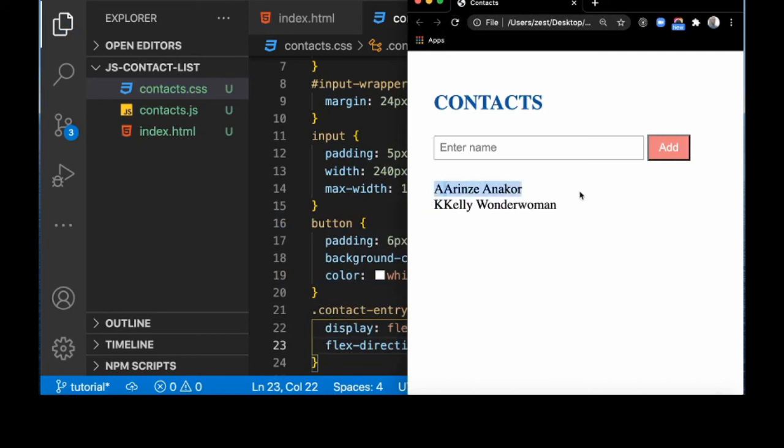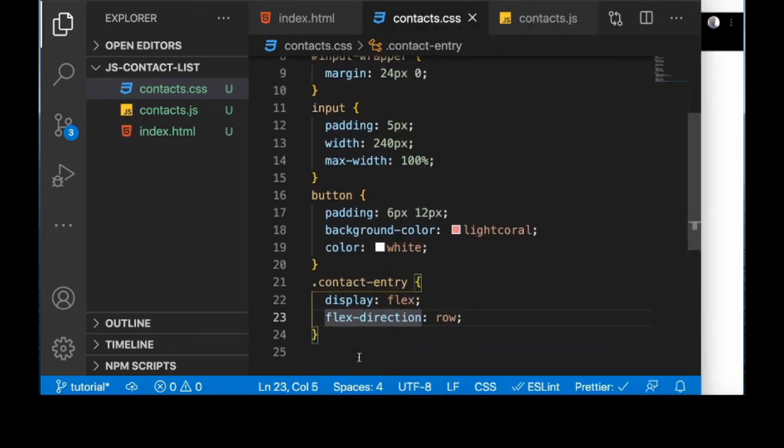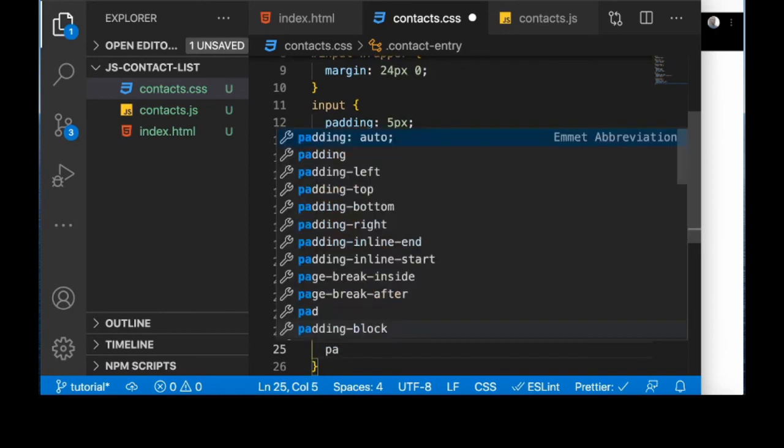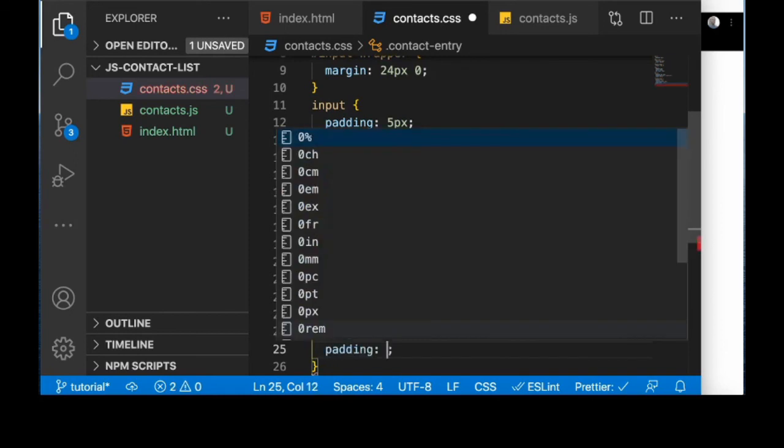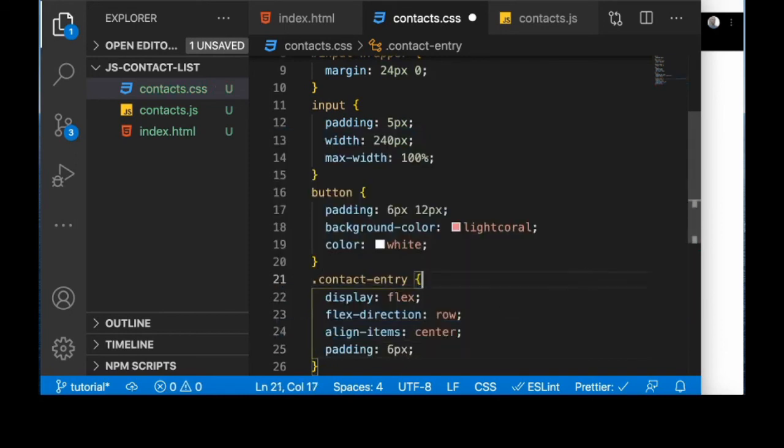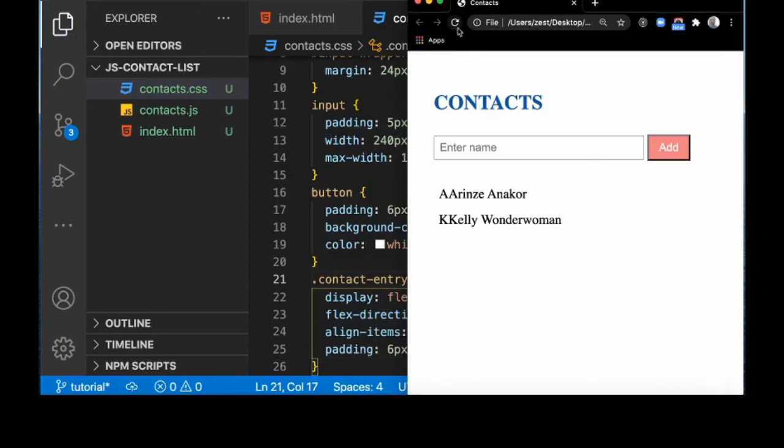That's the items inside the contact entry. And then I want to align items center, and a little bit of padding, 6 pixels. Let's see what that looks like. Okay,